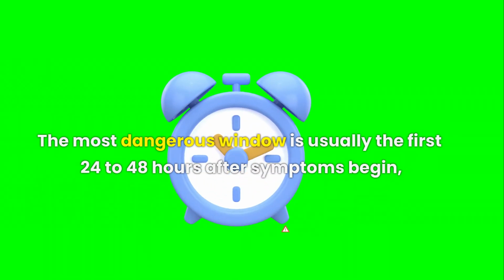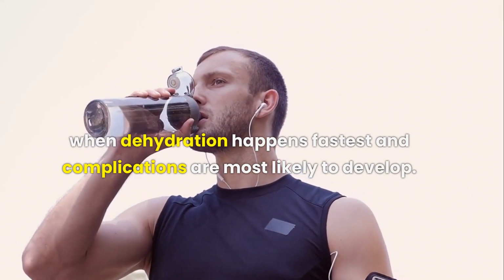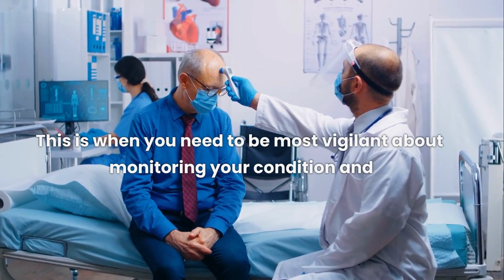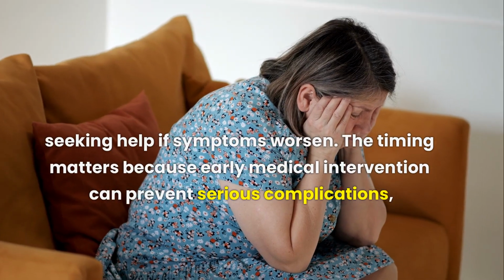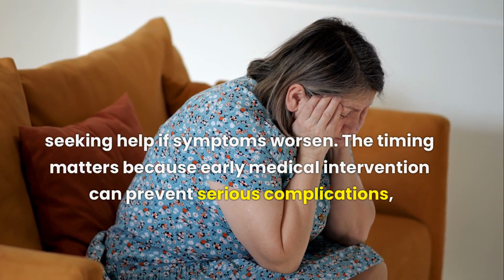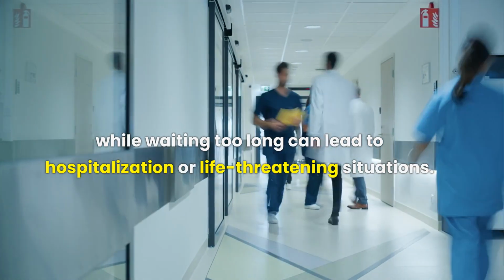The most dangerous window is usually the first 24 to 48 hours after symptoms begin, when dehydration happens fastest and complications are most likely to develop. This is when you need to be most vigilant about monitoring your condition and seeking help if symptoms worsen. The timing matters because early medical intervention can prevent serious complications, while waiting too long can lead to hospitalization or